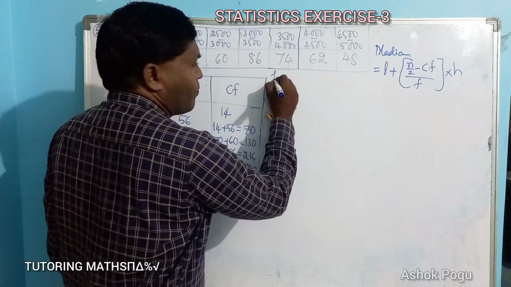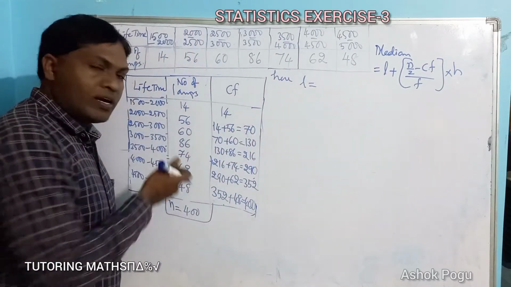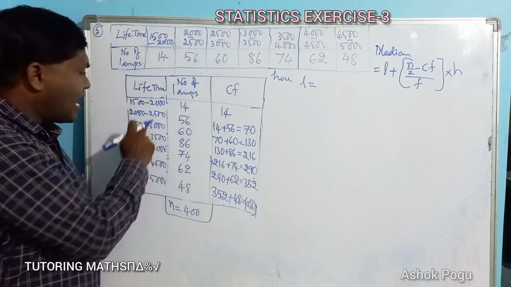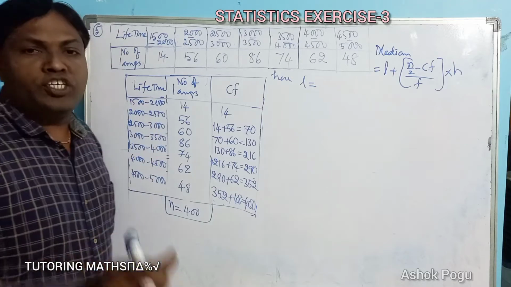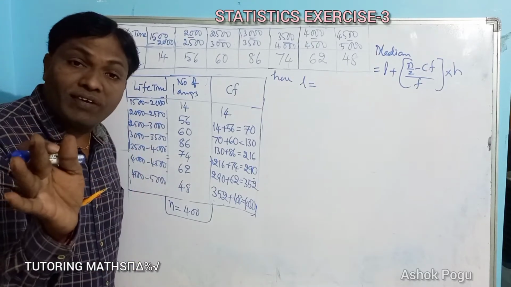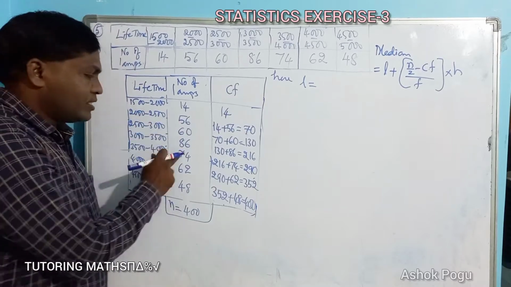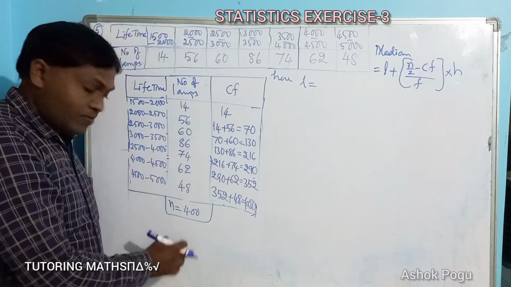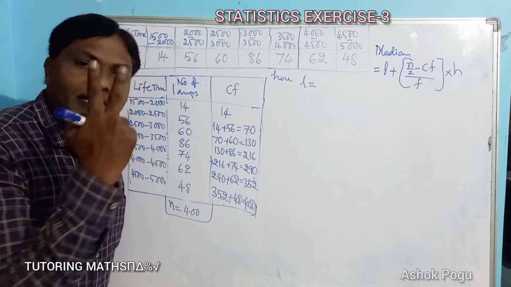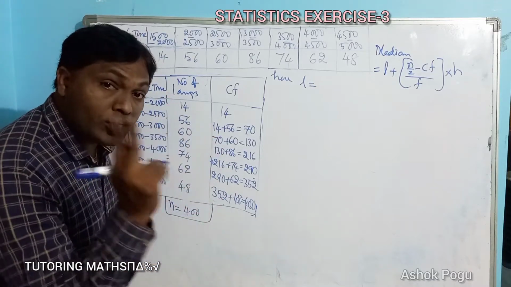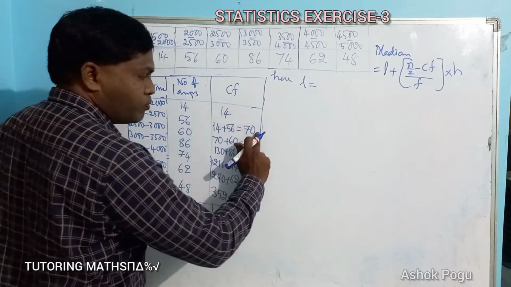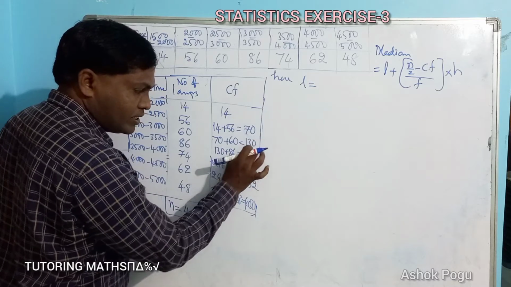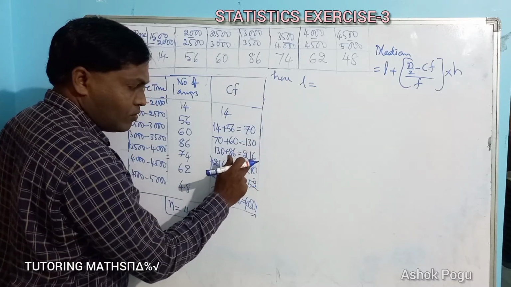Let us write the values. And here L, what is the lower boundary? We have to check. First of all, select which class is the median class. Here the class intervals are continuous classes, so no need for confusion. Just take half of n. What is n? Total number of observations, 400. What is half of 400? That is 200. So where do we get the 200? Let us check: 14, up to 70, up to 130, 260. The values from 131 to 260 include 200, so that value lies in this class.